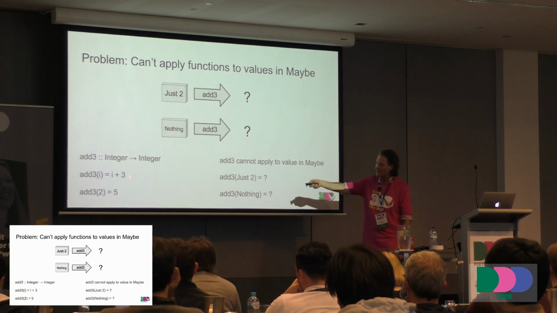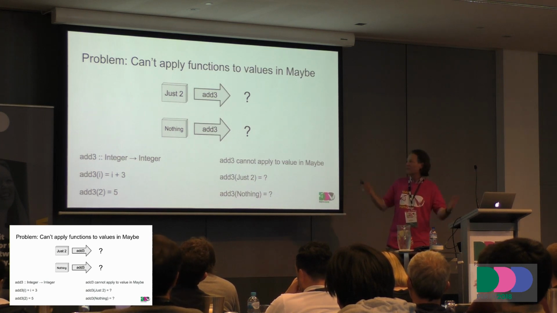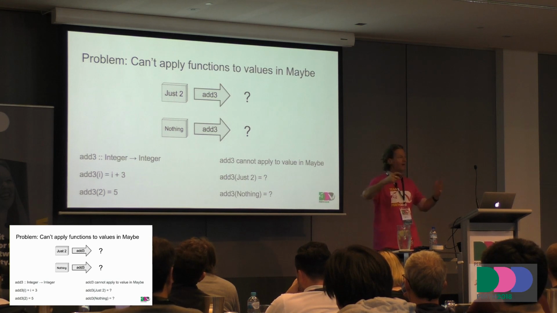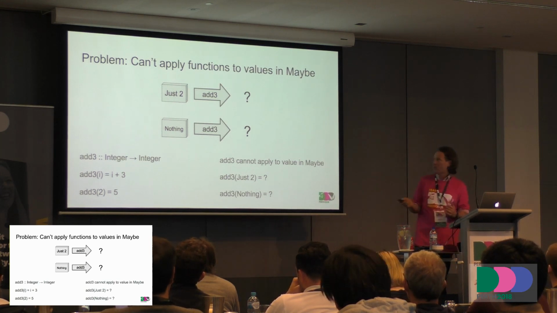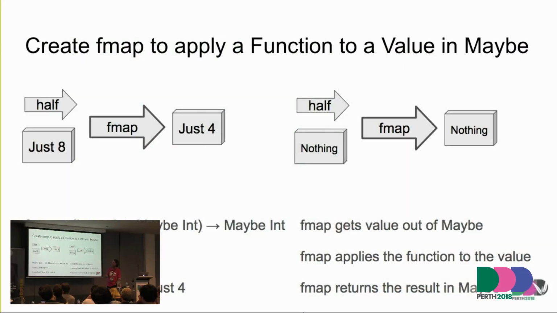So when you can apply it to integers, it works fine, but when you try and apply it to just 2 or nothing, it doesn't know what to do. So how can we fix this problem of having functions take normal values, but still work when you've got values inside a context? Well, the way we can do this is create a function, let's call it fmap, and that